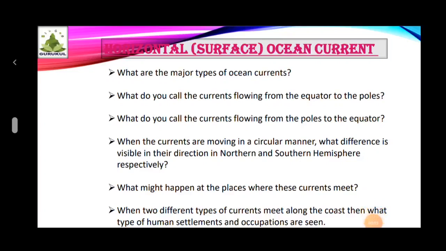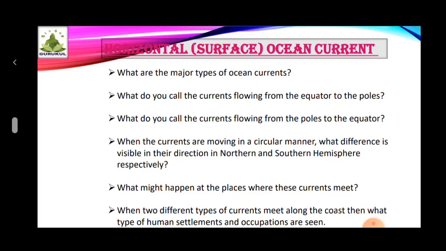Very good morning, students. In our previous class, we discussed in brief about the ocean currents. Let's discuss the horizontal ocean currents, surface ocean currents. The flow on the surface of the ocean moves only 10% of the oceanic water. The surface flow is considered up to 500 meters of depth, and the discharge of water in the ocean is measured. It is equivalent to 1 million cubic meters per second discharge.